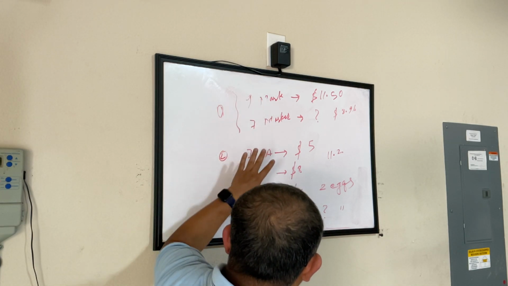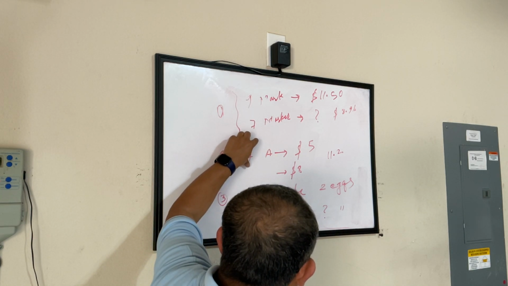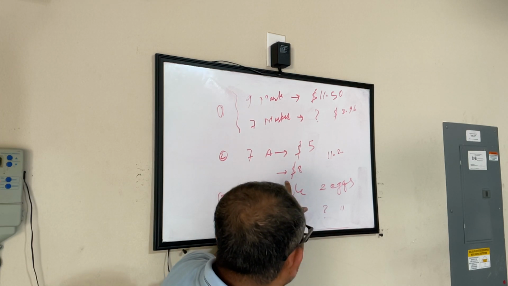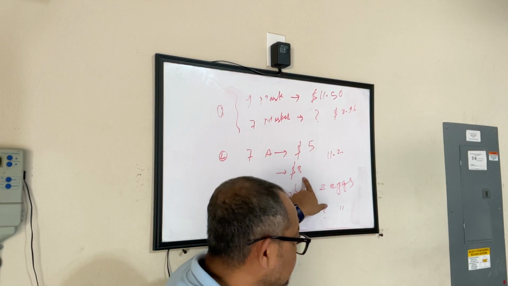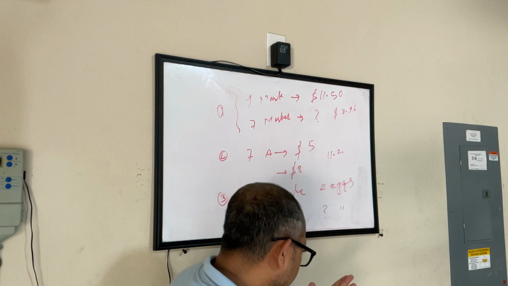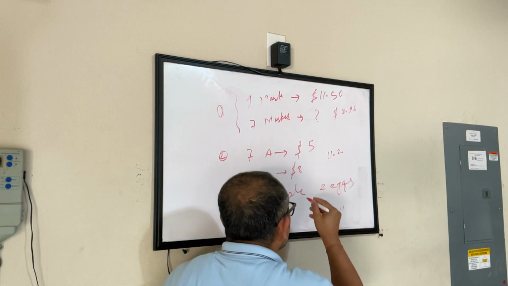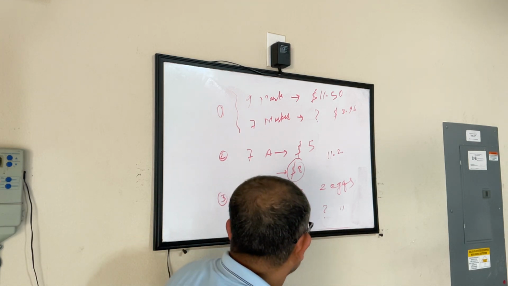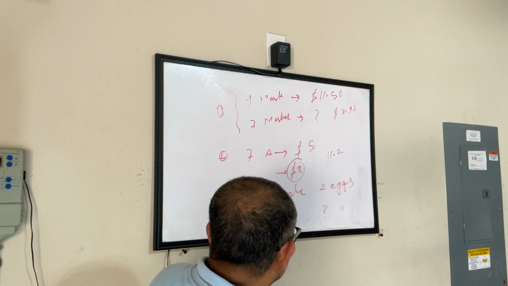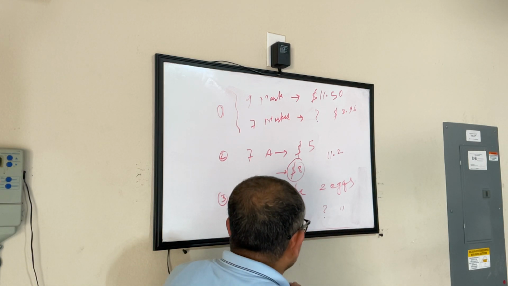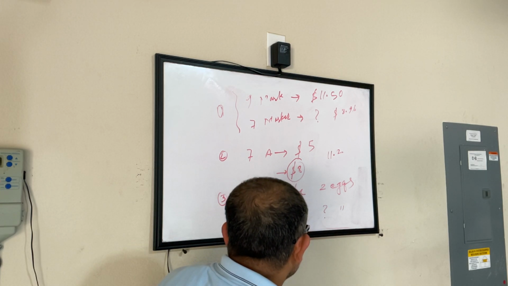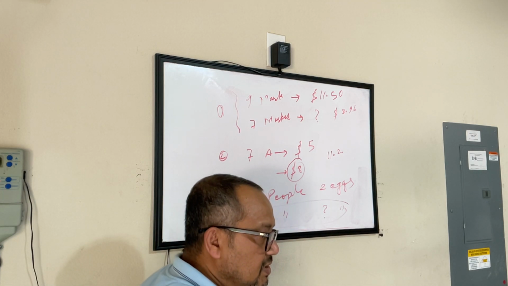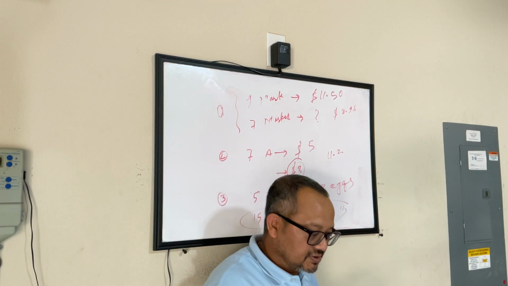Or in this case, 7 apples come for this many dollars. How many apples will come for $8? Another scenario: this is the rate I know, and when I check my wallet I find I have $8, and this is the only thing I'm going to buy. How many apples can I buy? Or, if I'm baking a cake for 5 people, it needs 2 eggs. If I have 15 guests coming, how many eggs do I need to buy? These are real life scenarios.